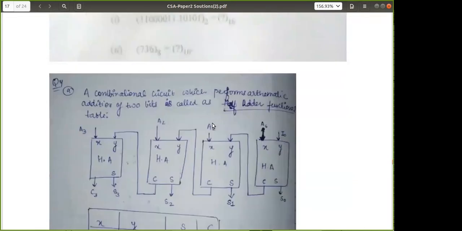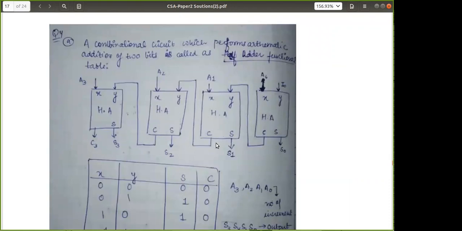What is a half adder? Given its function table, design a 4-bit binary incrementer using half adders. That is 6 marks, a very easy question. Here we have to write not only the half adder but also the incrementer. We have half adder one, two, three, and four for the 4-bit number. The input I0 is 1 initially, because it is an incrementer. We have to create the binary incrementer using the half adder.